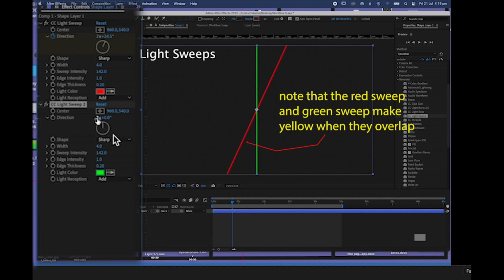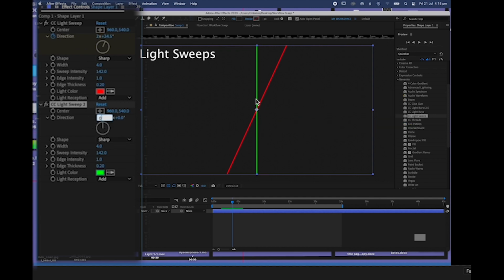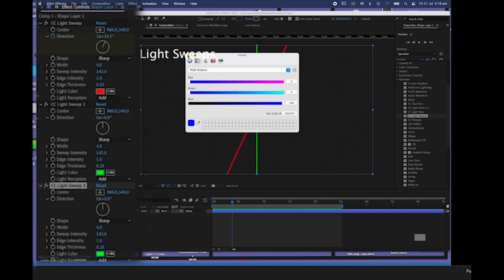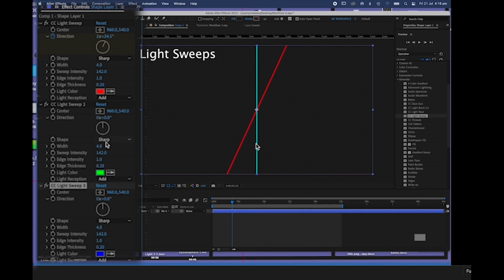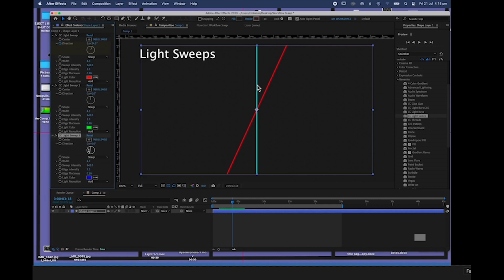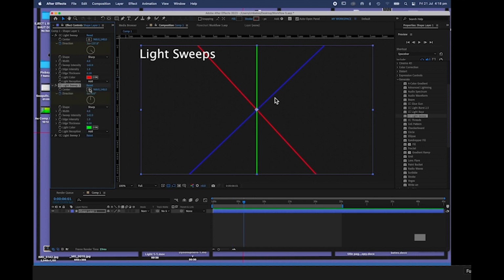And if you noticed, the green was on top of the red, but it looked yellow because when these colors come in contact with each other, the colors mix. So it's another little interesting effect you can do. So watch what happens. That blue is overlaying the green. It's turned it into cyan. So as soon as I move it away, every time these things overlap, the colors are going to mix, which is an added benefit to the light sweep. It's actually emulating how light actually operates. An added benefit for using light sweeps,